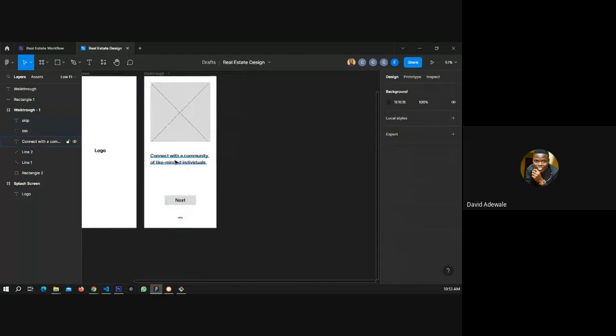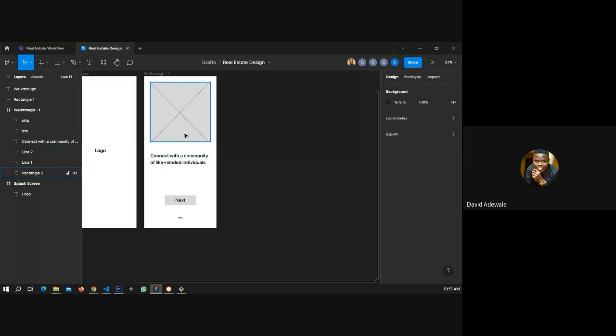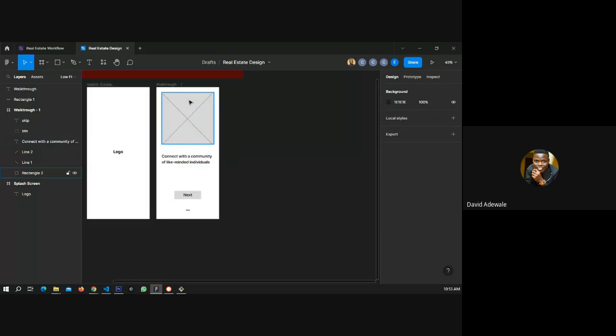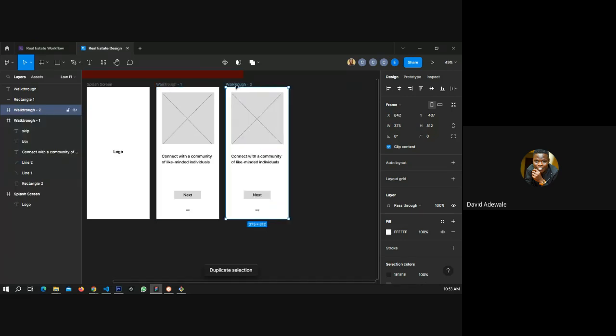So connect with a community of like-minded individuals. They are going to have image here, and then click on the frame, the entire frame. Why? Because I want to duplicate. I'm done with the first walkthrough. Click on that, and then Control D. It shows walkthrough 2.